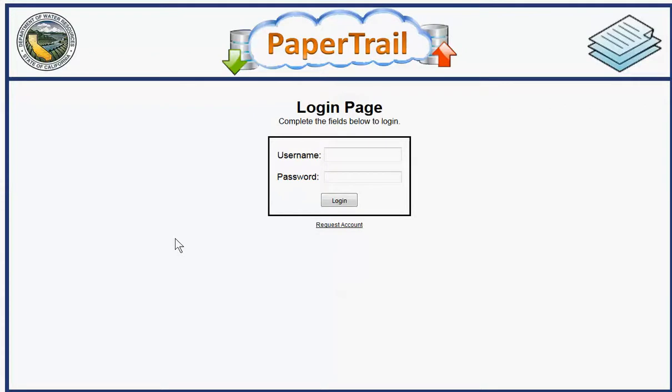Hi, this video is to explain Papertrail with a specific focus on the document logs. What we have here is the login page. Once you get here, type in your DWR username and password, and that will bring us to the main